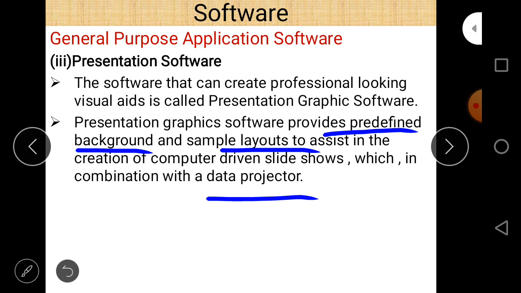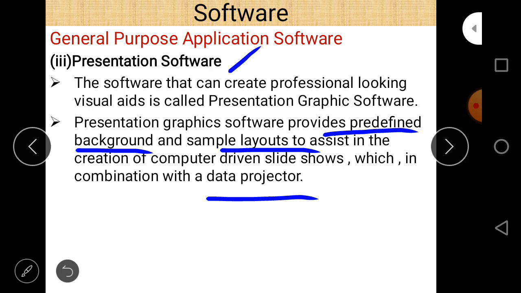There are predefined backgrounds and layouts which we have to use, and using a data projector with presentation software, we can present our data in a very professional manner. So that is the use of presentation software.